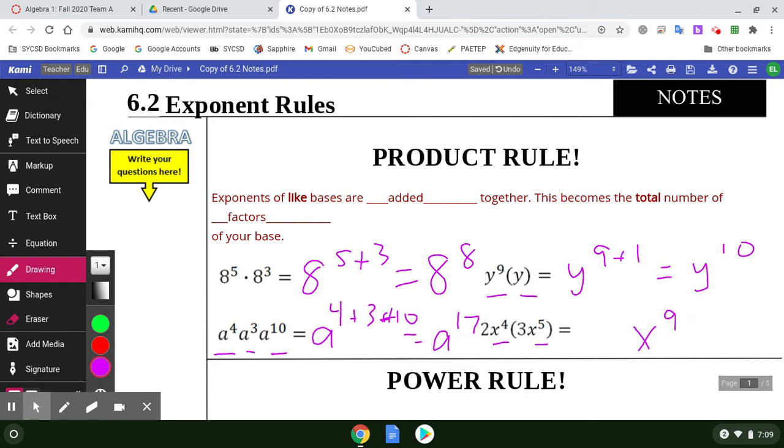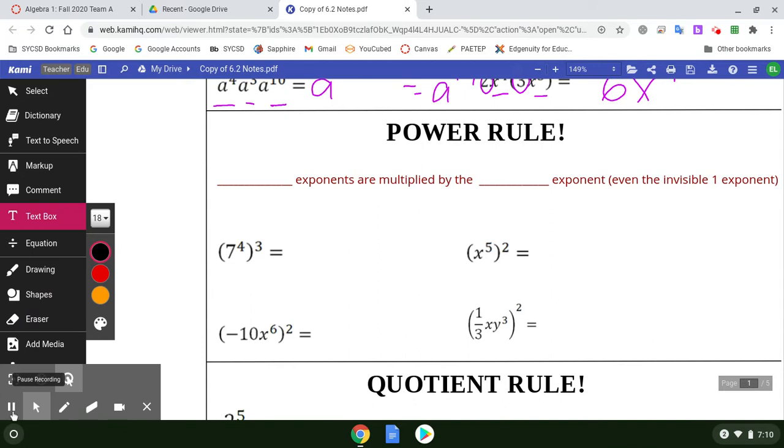But then we are multiplying our coefficients. So 2 times 3, and that just gives us 6. So our total quantity is 6 times x to the 9th power. The next one we looked at was